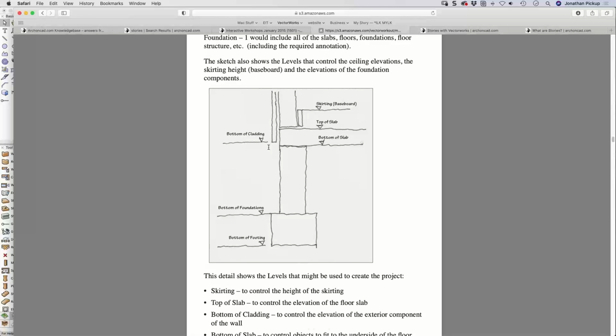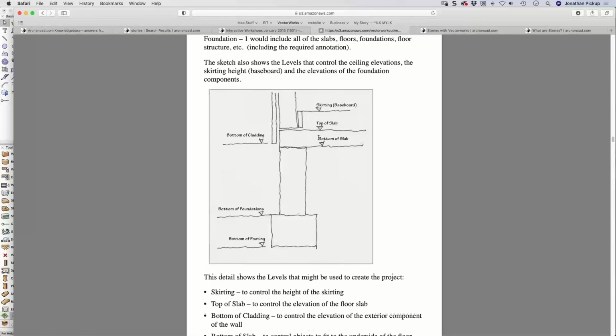I want this to be a certain distance down on this particular story, but on the next story above, I might want to have that bottom of cladding at a different height or a different elevation. And that can be quite useful because each level, when you go to a new story, has its own height. And as I said, I think it can be really quite useful. But if we go back to